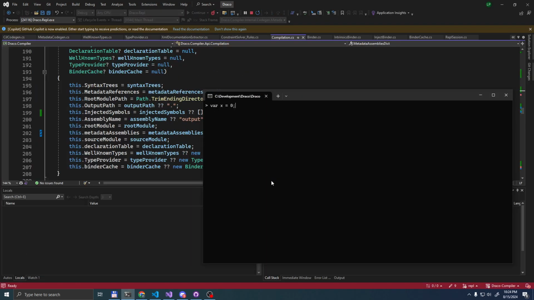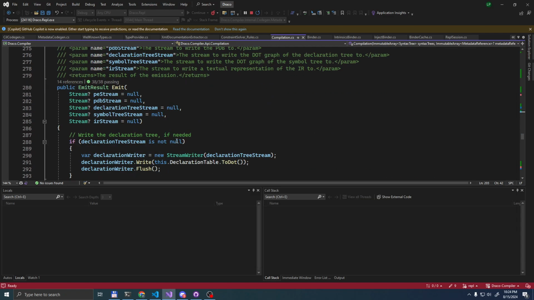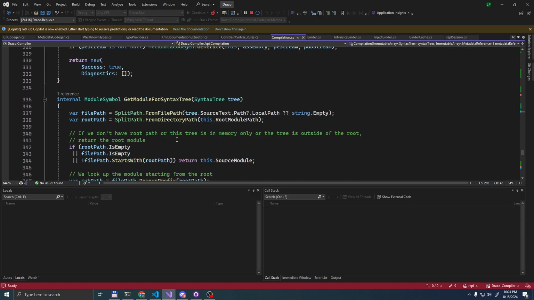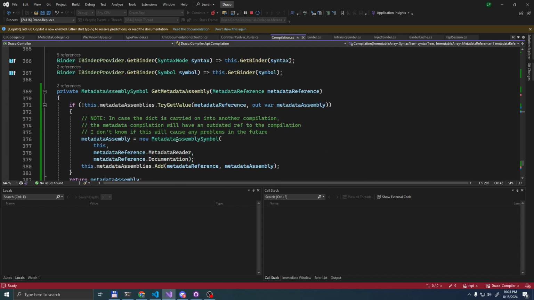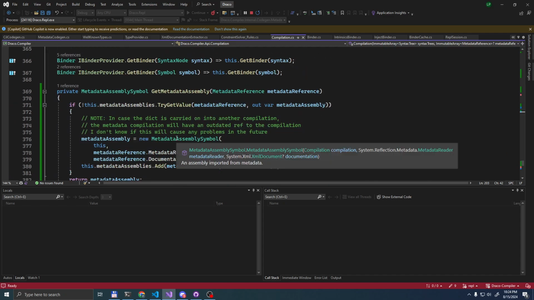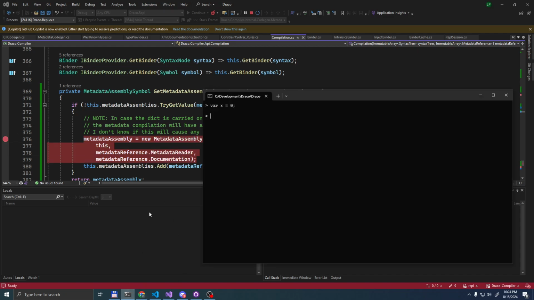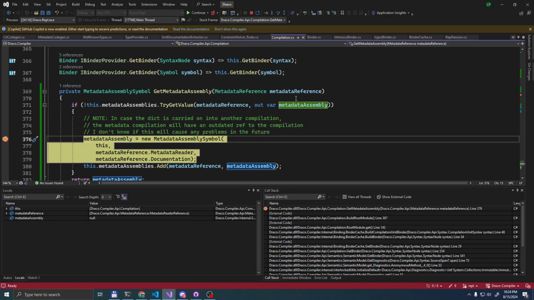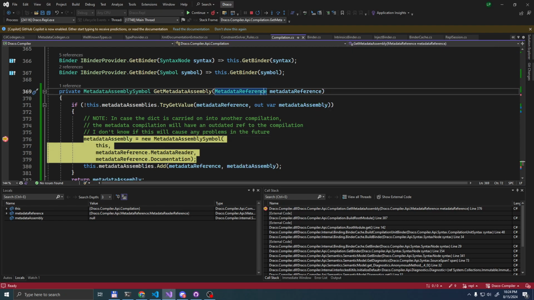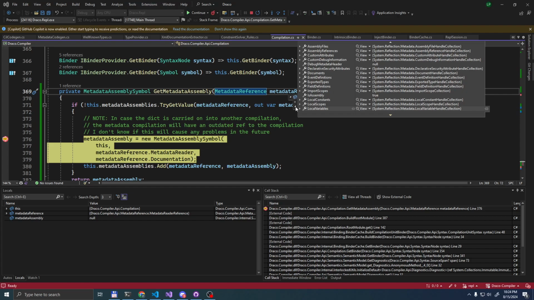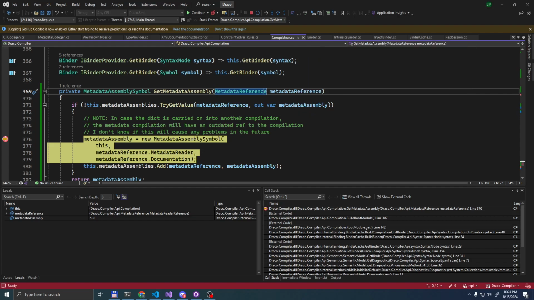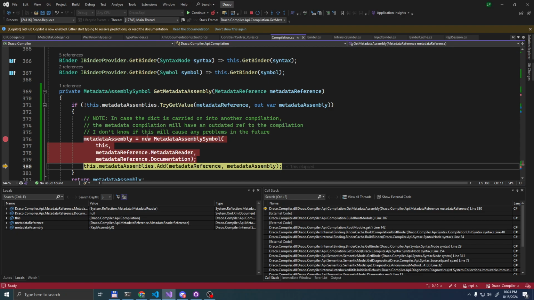Let's define X and then let's try to reference X. Let's see what metadata assemblies we built here as new. Of course, we do not get anything useful from this yet.